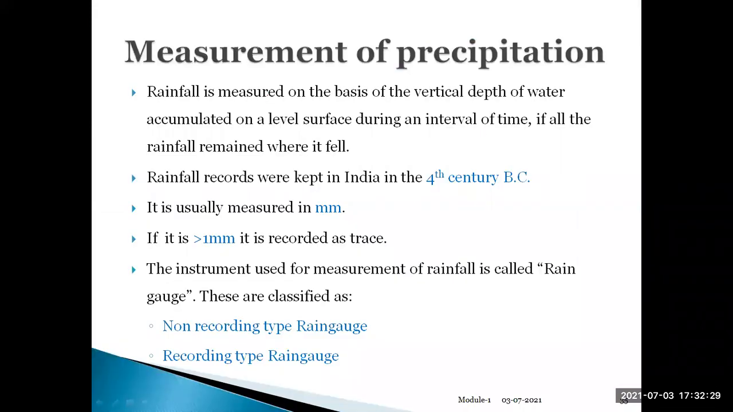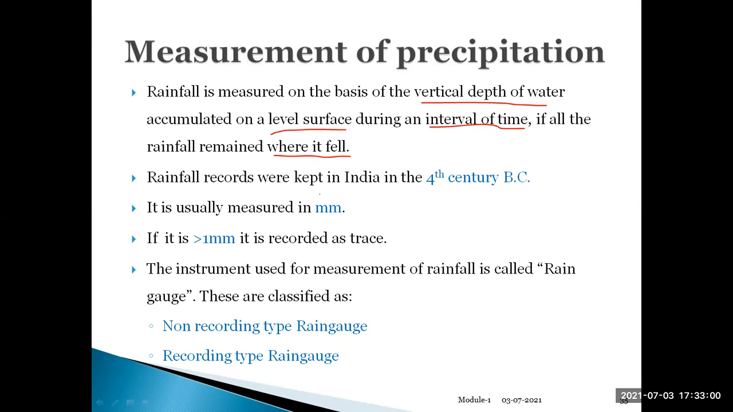Let us discuss the introduction: how we are going to measure the precipitation. As we know, rainfall is measured based on the vertical depth. We measure rainfall in terms of depth of water accumulated on the level surface during an interval of time, if all the rainfall remained where it fell. Usually, precipitation is measured in terms of depth of water accumulated on the level